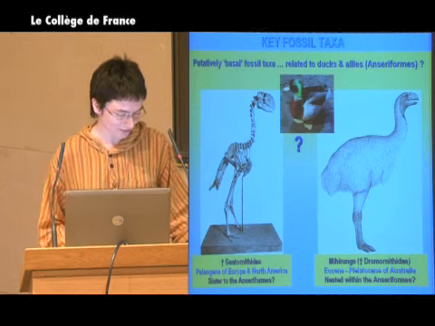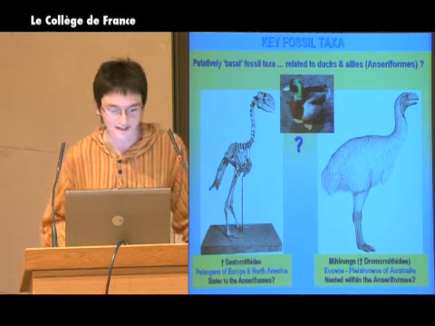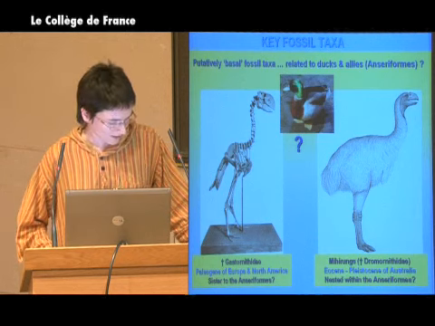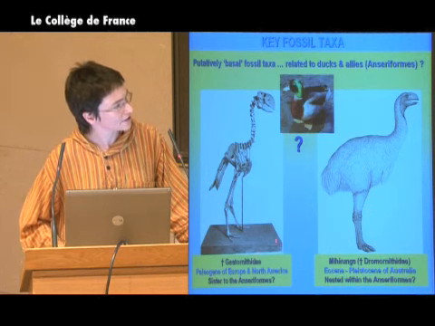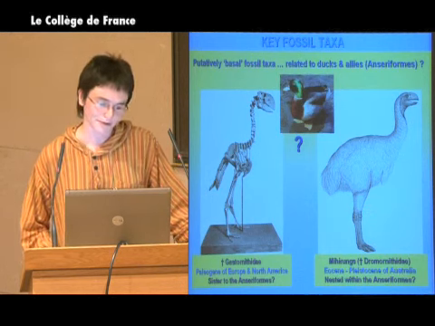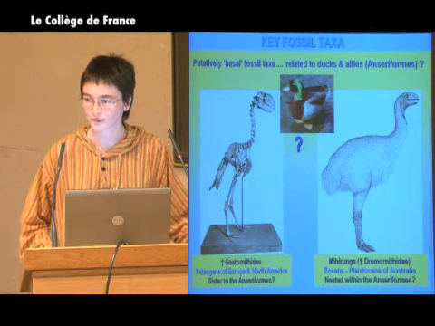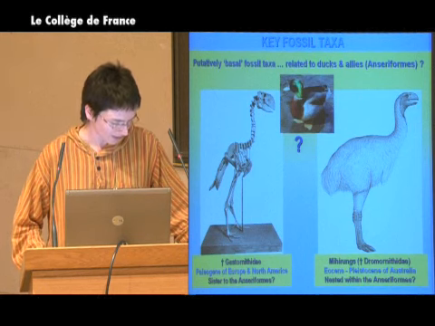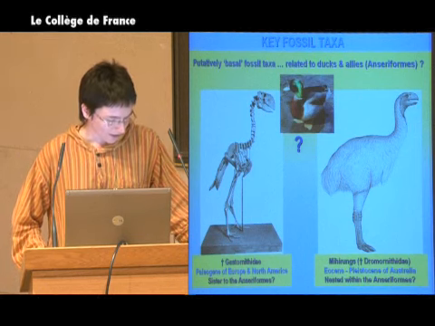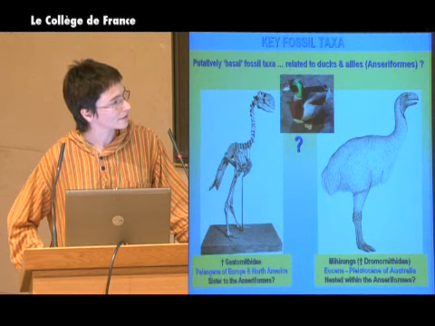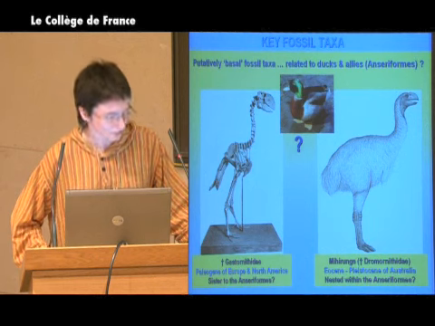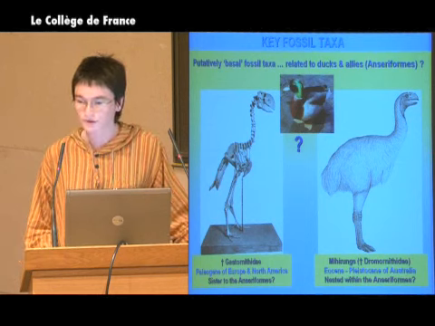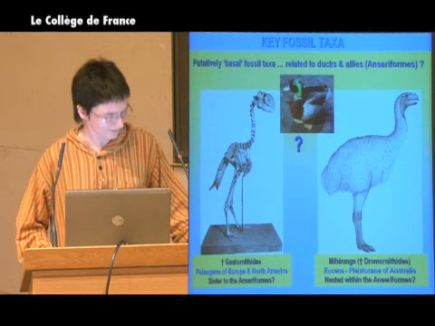Now I'm going to present two groups of putatively basal fossil taxa, which might be related to ducks and owls. First of them, the Gastornithids, are a group of giant ground birds from the Paleogene of Europe and North America. And they have been considered to be related to various groups, including ratites. A more recent study proposed that Diatryma, which is among the Gastornithids, is a sister group of the ducks and Anseriforms, but this conclusion was reached on the basis of a very limited sampling.